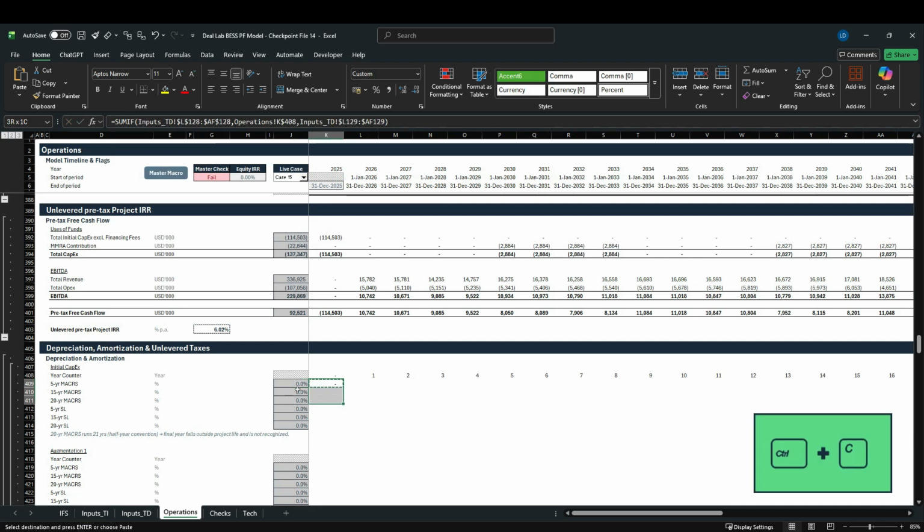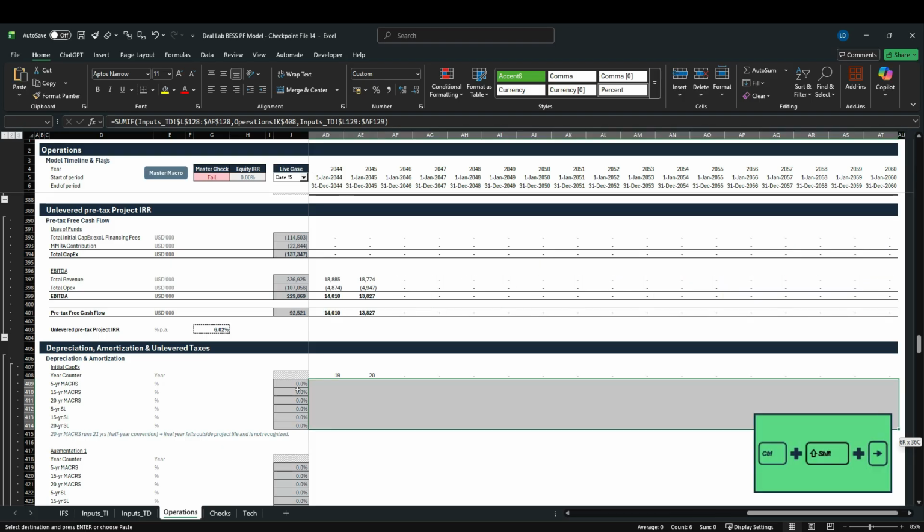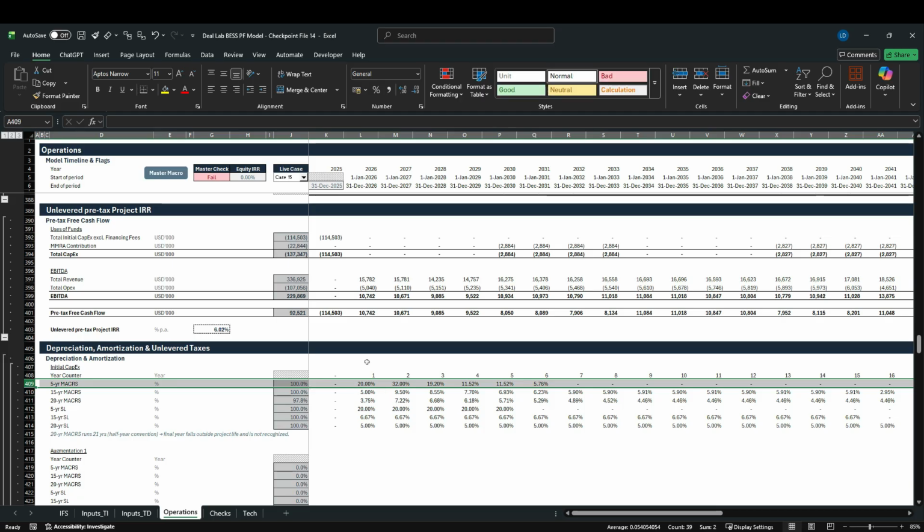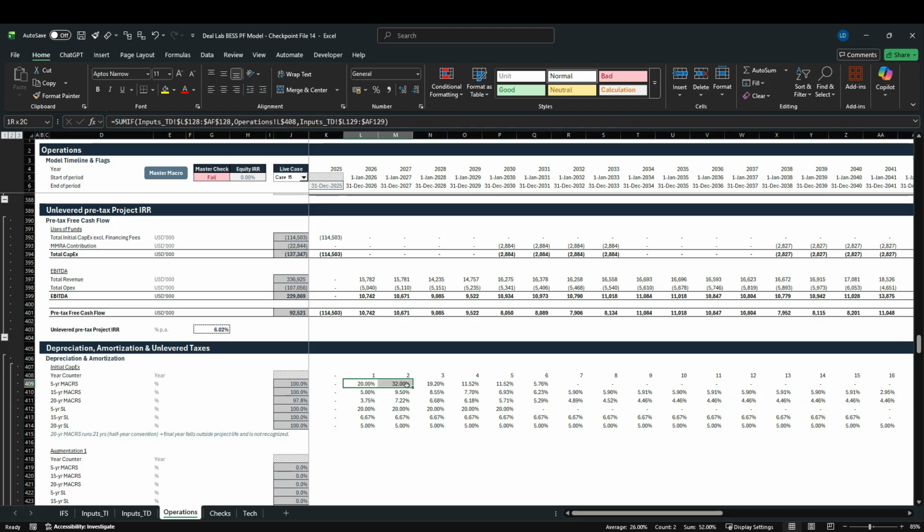Copy this and paste it here. Let's see if we got the anchoring right, and we can drag it over, Control R. You can see our 5-year MACRS schedule kicks in during year 1 to 6, and that is because of our half-year convention. You can see that the first 2 years we have a significantly higher depreciation assumption than in the